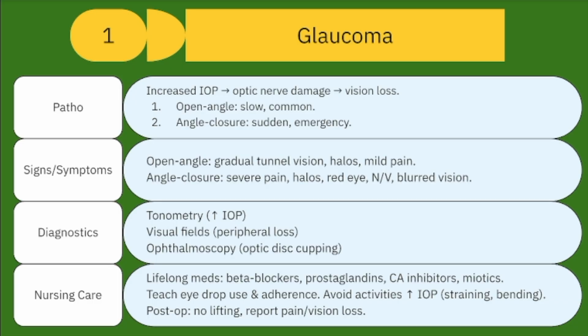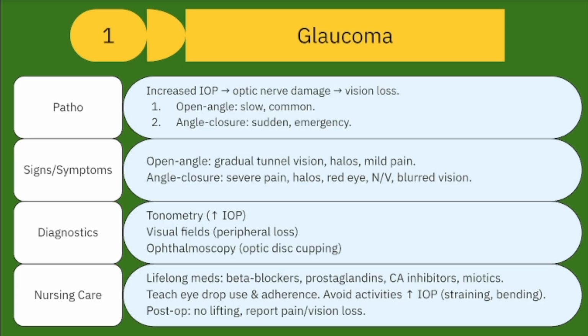Diagnostics, we want to look for that increased IOP, that increased pressure in the eye. That's the number one thing we want to look for. Also, we want to look for the visual fields. With glaucoma, there will be a lot of peripheral loss. Another thing is the optic disc cupping. So when you do all these testings and procedures, checking the eyes, these are the telling signs that your patient may have glaucoma. Treatment: lifelong eye drops, beta blockers,